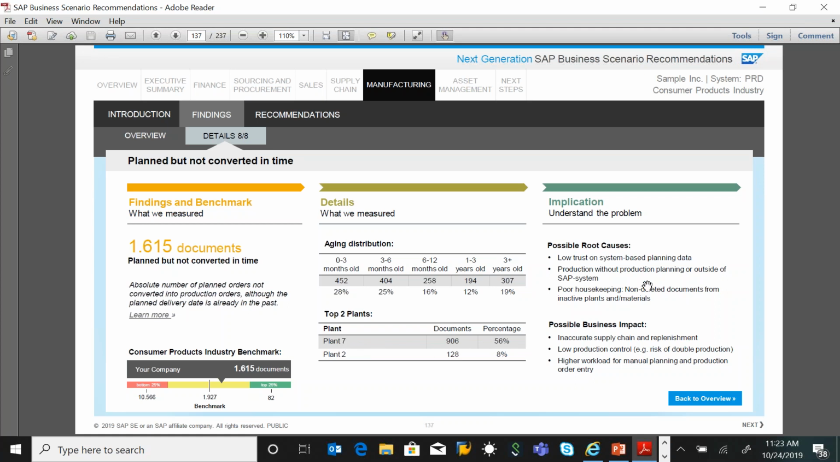And you can also see on the right-hand side what the possible root causes are, why this is happening. Could be issues with your planning data, or part of the production planning maybe you're doing outside the SAP system. And it also gives you the possible impact. So this gives more details into the insights. And then if you click on overview,